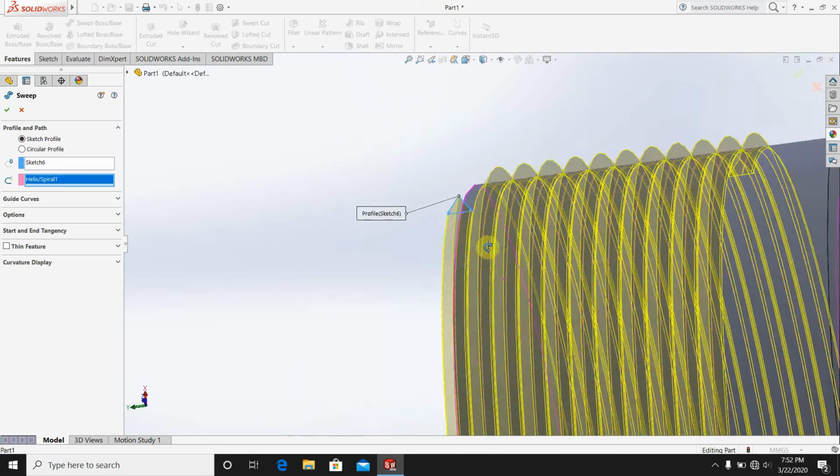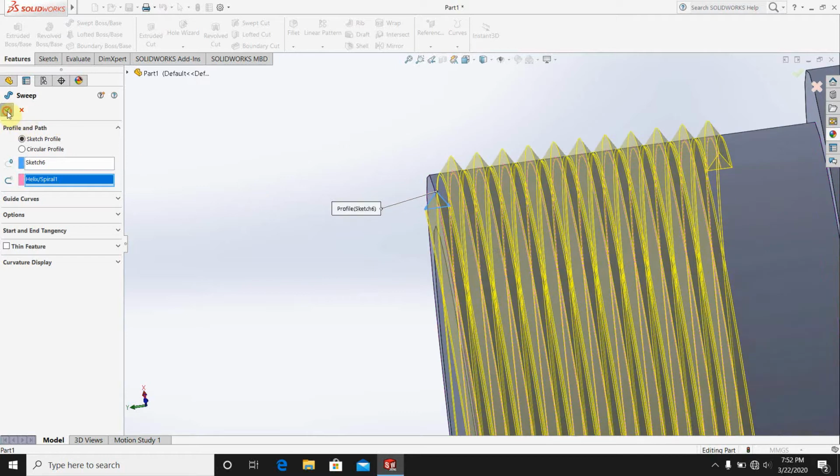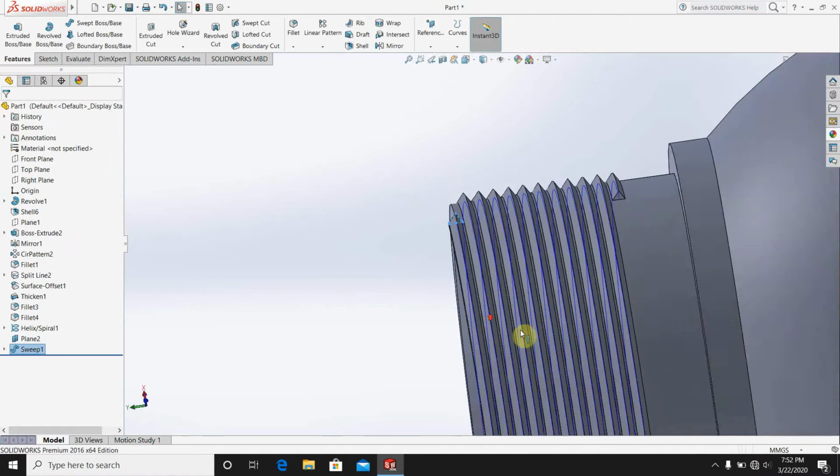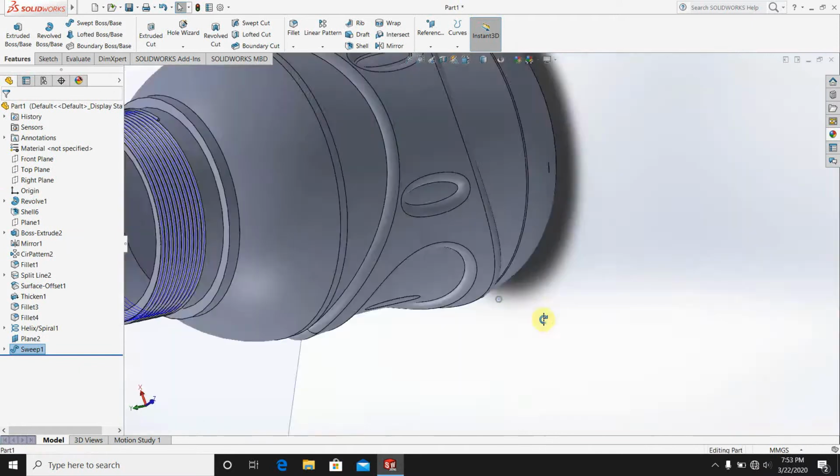Good. Make a good thread here and let's click it, tick here. Oh, this is how we can make